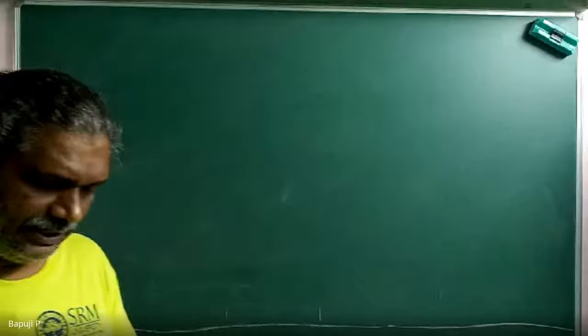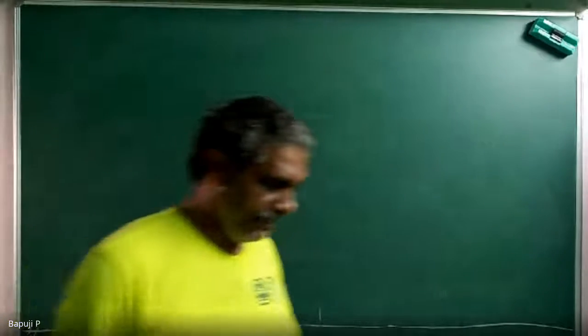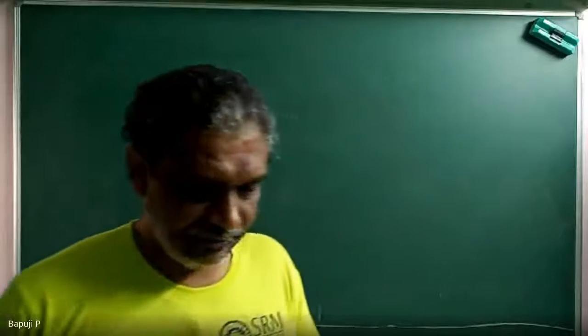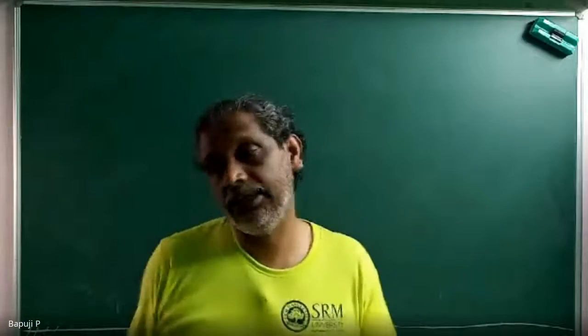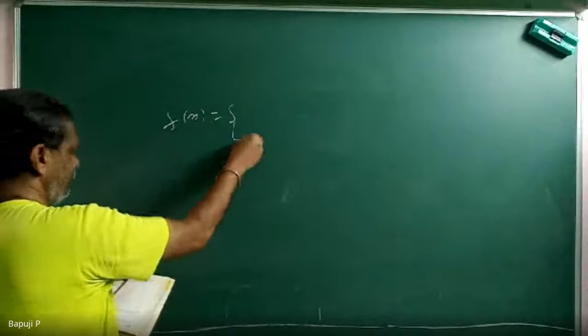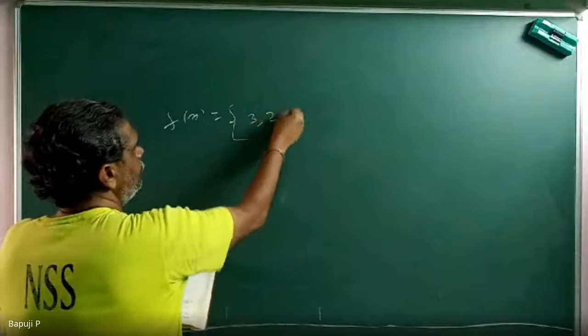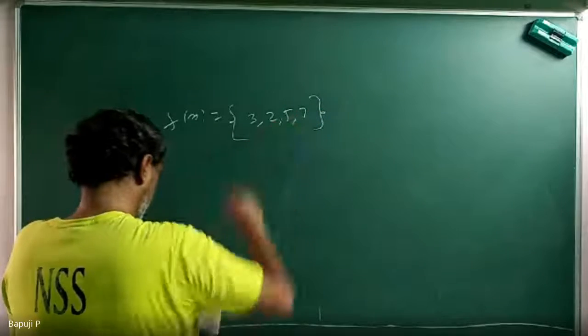Now determine the Z transform and the region of convergence of the following discrete sequence. He is telling, actually, the given discrete sequence. Note down discrete. Determine the Z transform and the region of convergence, where it converges. You have to tell. So domain also you have to tell where it's possible. So you can write f of n is given: 3, 2, 5, 7. This is one problem.